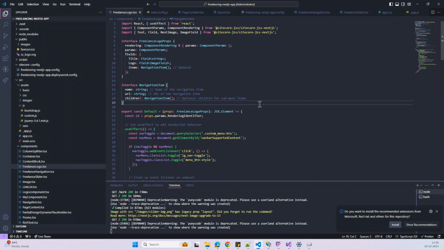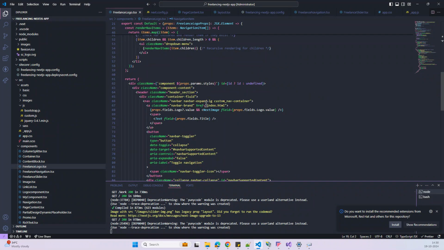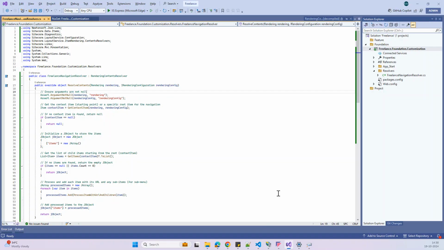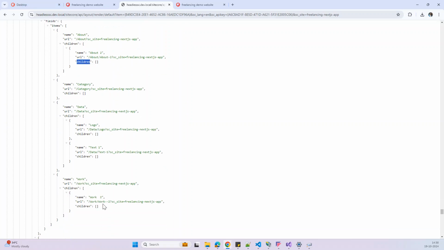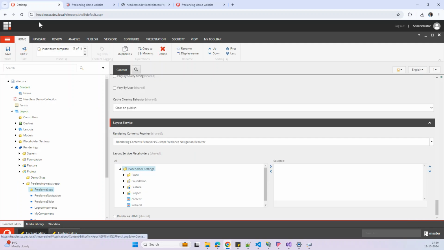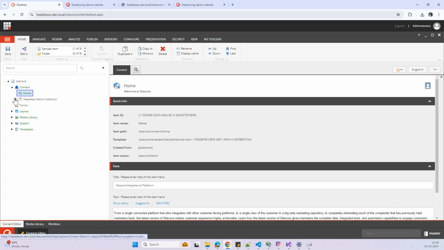Yep, finally I have done some changes in my front-end code application. Here I did all the changes. And anyways, this logo and field is not coming. We just need to modify our code. Currently it's giving the response like children, items, and then children. Let me try to add one more nested children here. Let's see what will happen. I think it is refreshing. Content editor, whatever